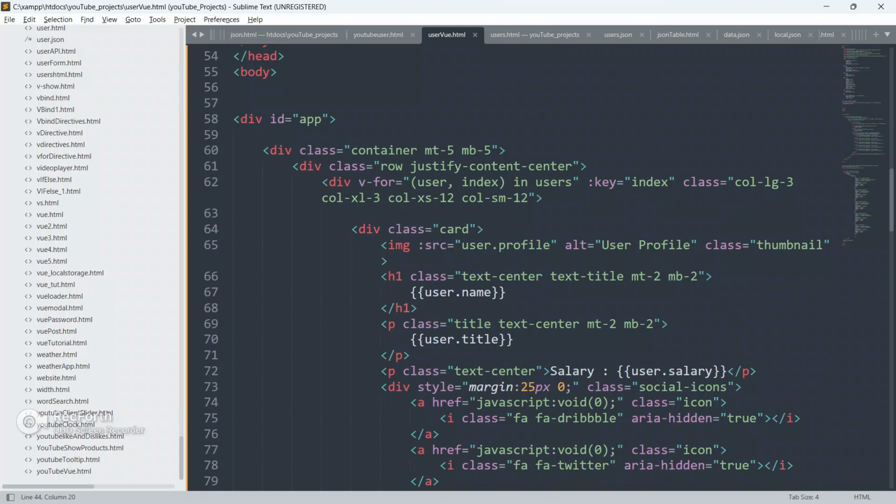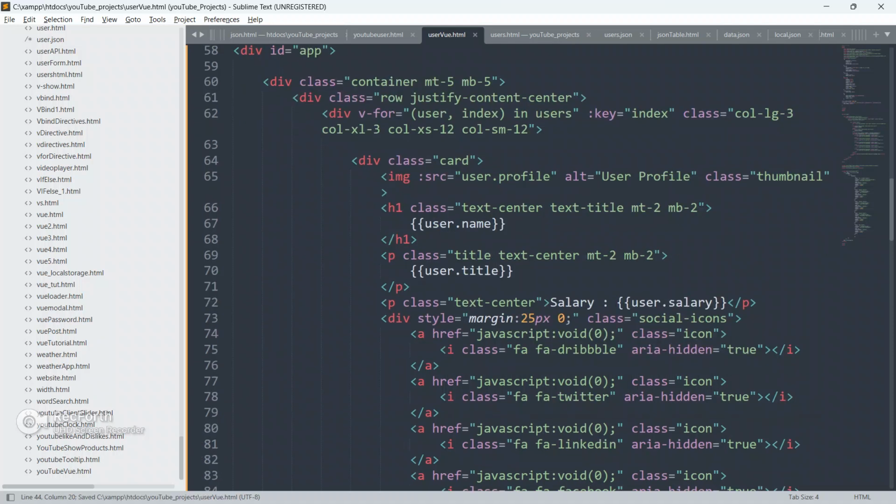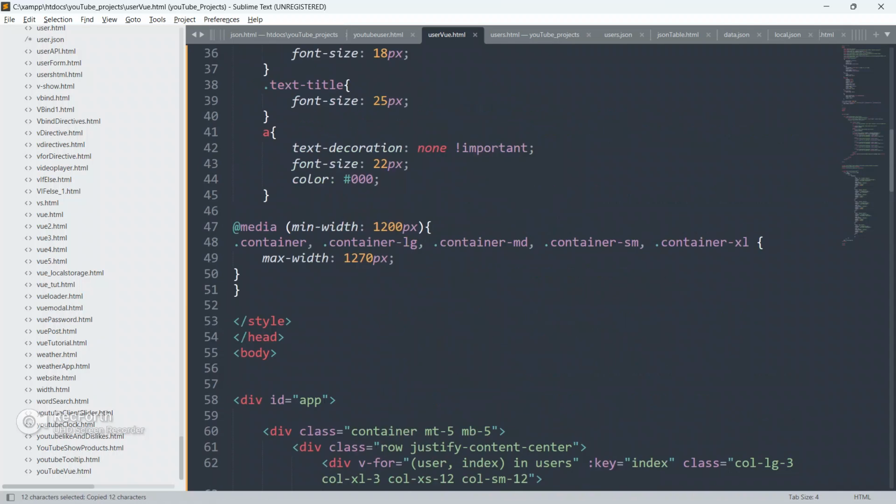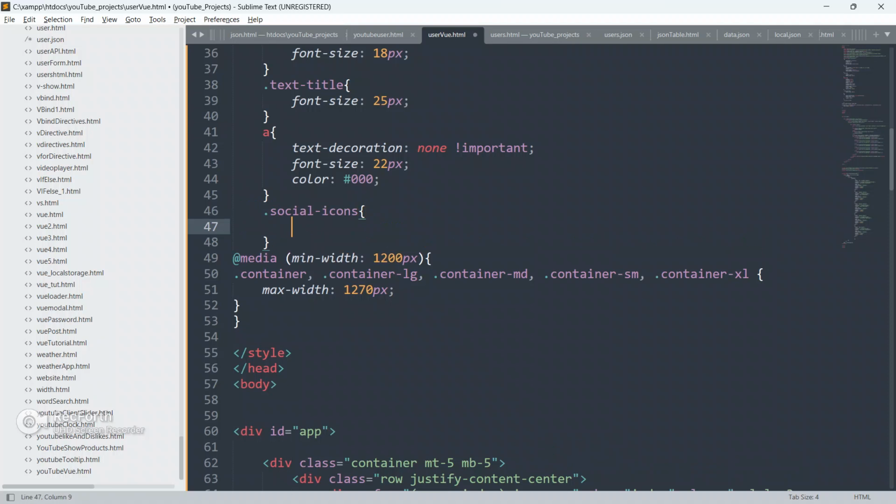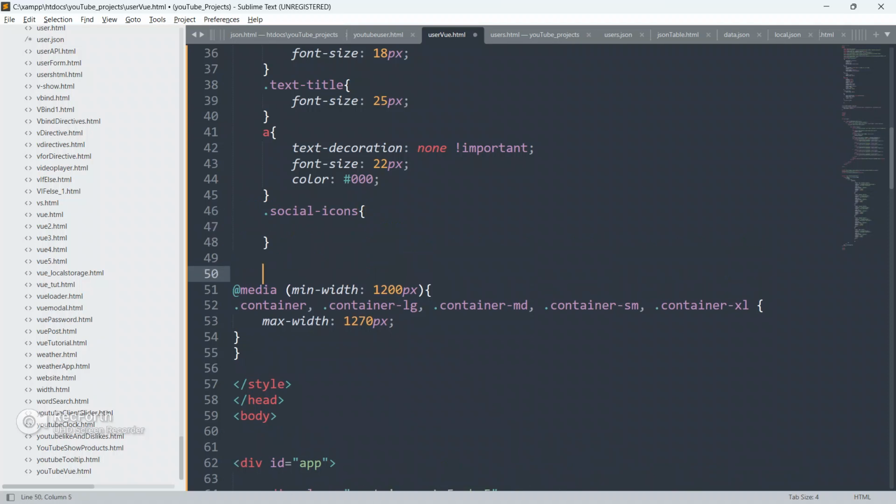Now I am gonna copy the social icon class from here and go here and put a dot and paste it here.